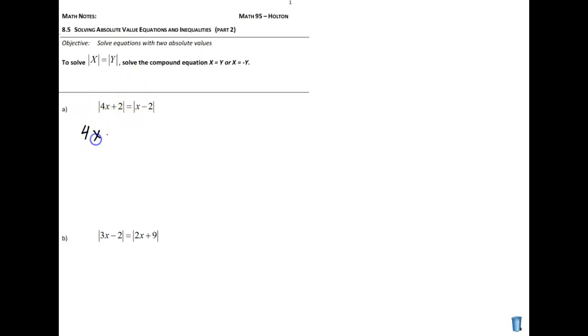So I say 4x plus 2 equals x minus 2, so that's my x equals my y, or I have 4x plus 2, that's my x, equals a negative y, which is x minus 2 in this case, y being whatever's inside of that second set of parentheses. Notice I put a negative outside, I have to carry it through to both of those terms here in a minute. Well, now I'm going to solve,